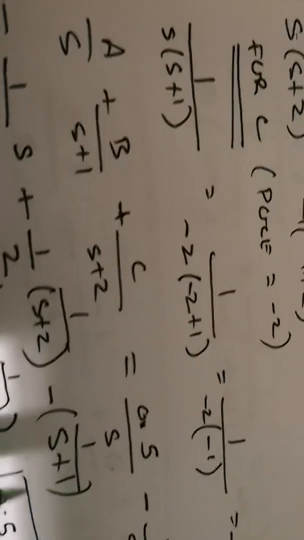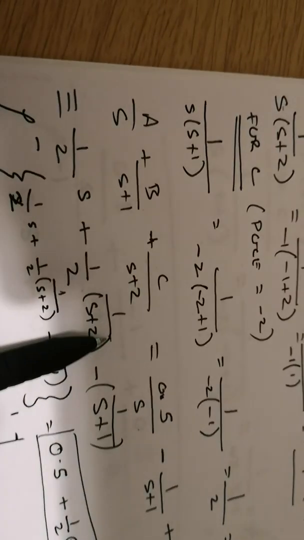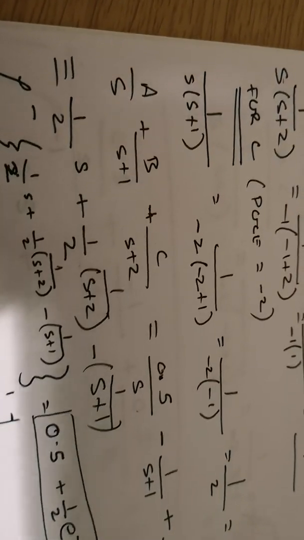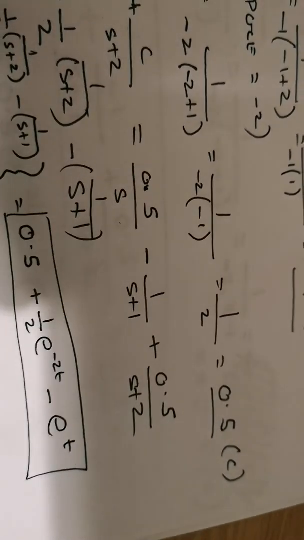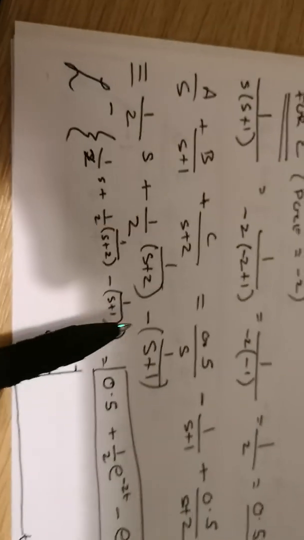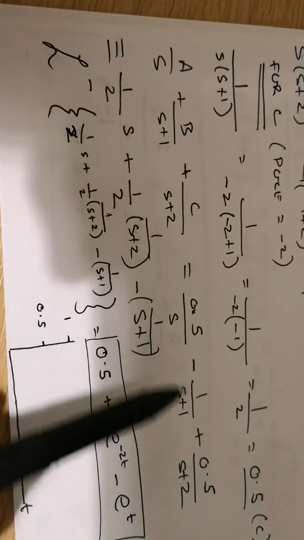Just did a very tiny baby mistake. I forgot to put the 1 over s plus 2 and 1 over s plus 1 over here. Okay, it's very important you do that. Don't forget, you got your numerator and you got your denominator as well. Okay, so all I've done is just taken this equation here,